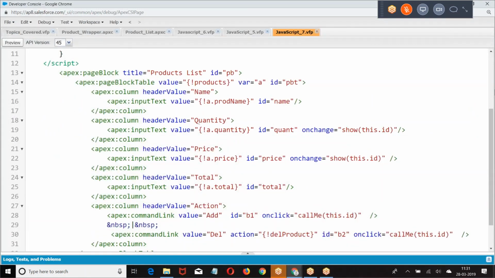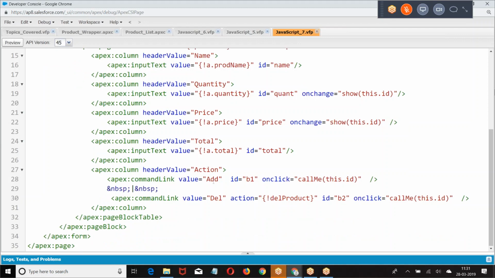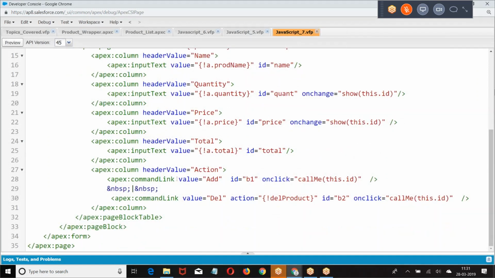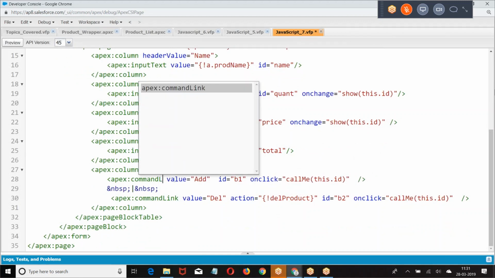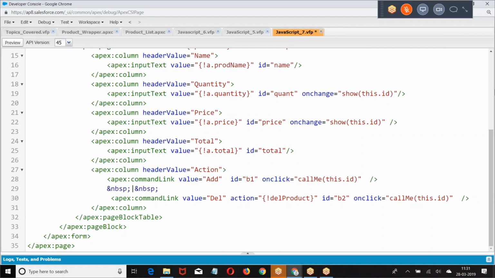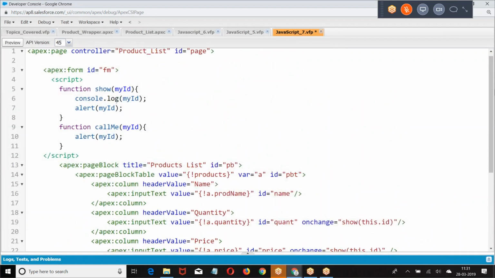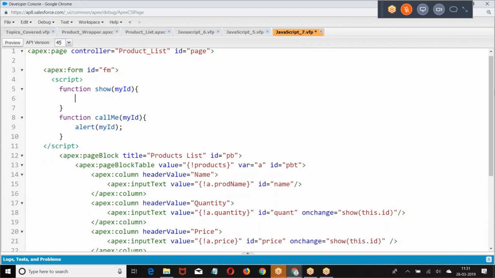Here in this case, ID is not getting passed. So let me finish off this first. We'll check, come back to the point and see why it is not passed.